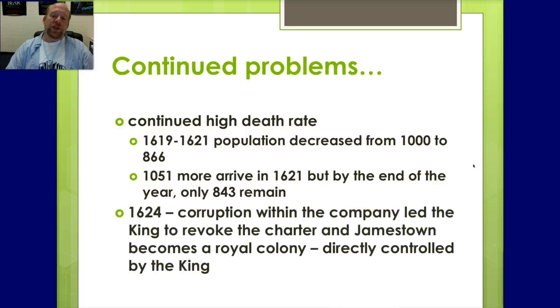The king actually revoked the charter, and Jamestown became a royal colony, saying you guys can't police yourselves. You guys are stupid, so much corruption. I'm taking you back. You're my baby. Let me stroke your feet. You're my baby. I'll take care of you. It was directly controlled by the king, starting to set up the mentality of, wait a minute, we're being oppressed by the king, and we need to get rid of this.